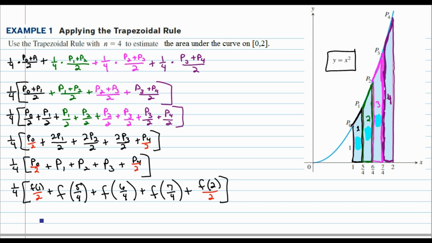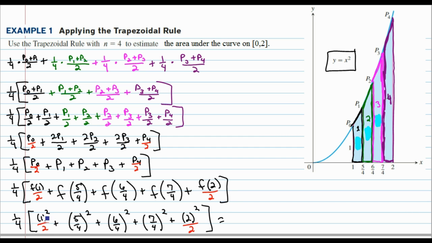Well, remember, p sub 0 is a height of a curve. It is f of an x value. So p sub 0 is actually f of 1, the function's value after I plug in 1, so 1 squared in this case. P sub 1 is f of 5/4. P sub 2 is the function's height after plugging in 6/4, and then 7/4, and of course 6/4 is 3/2, and then 2. So I did 1 squared, 5/4 squared, 6/4 squared, 7/4 squared, 2 squared, and I get about